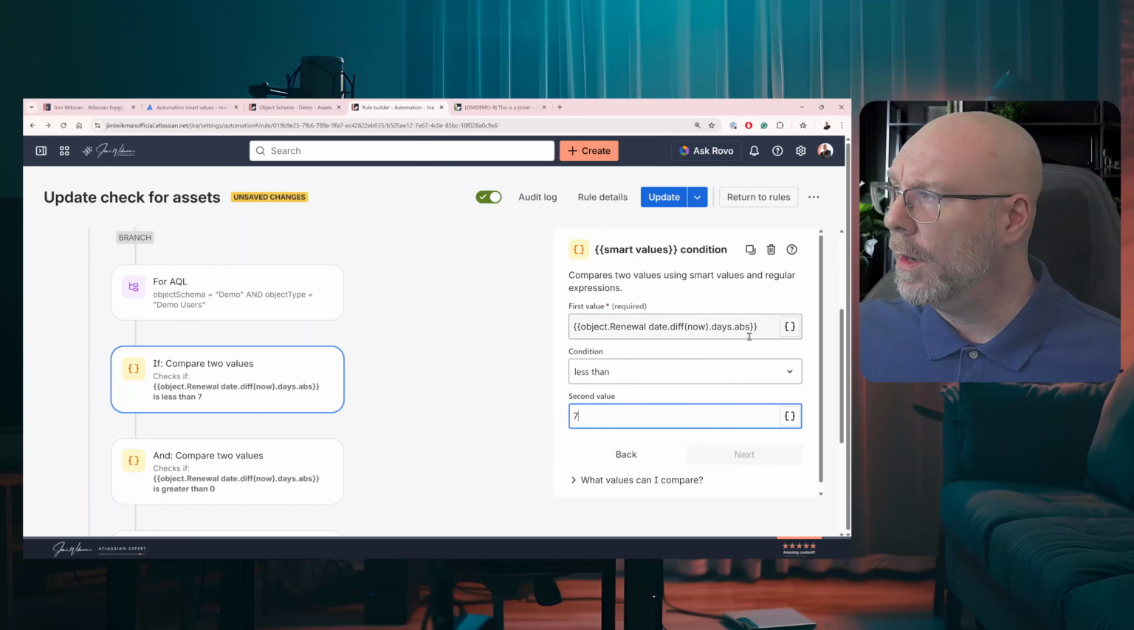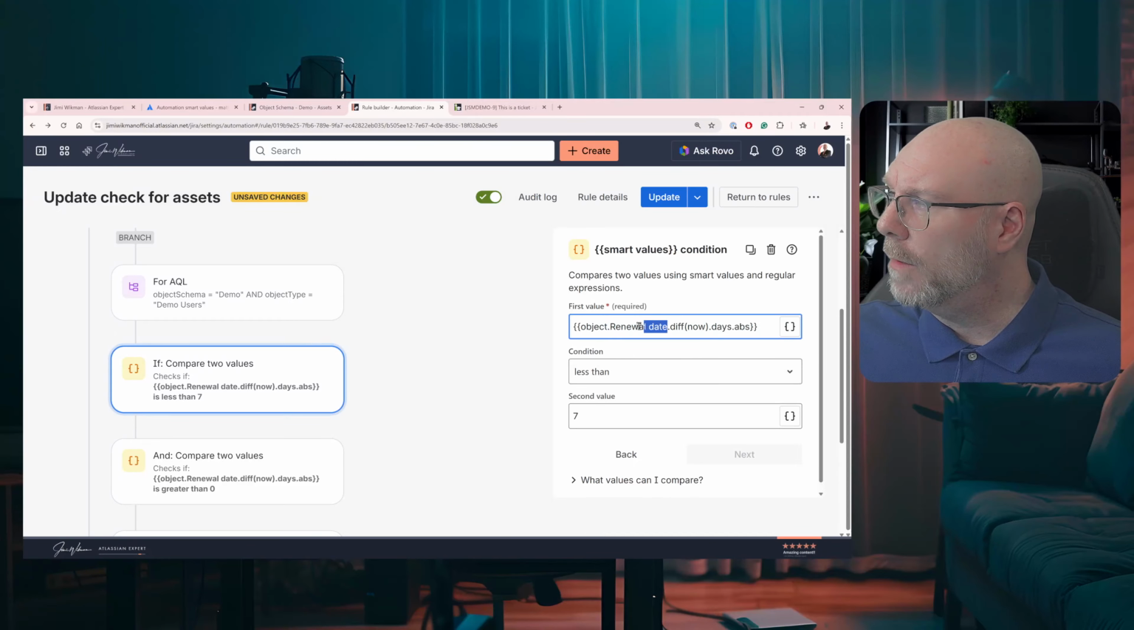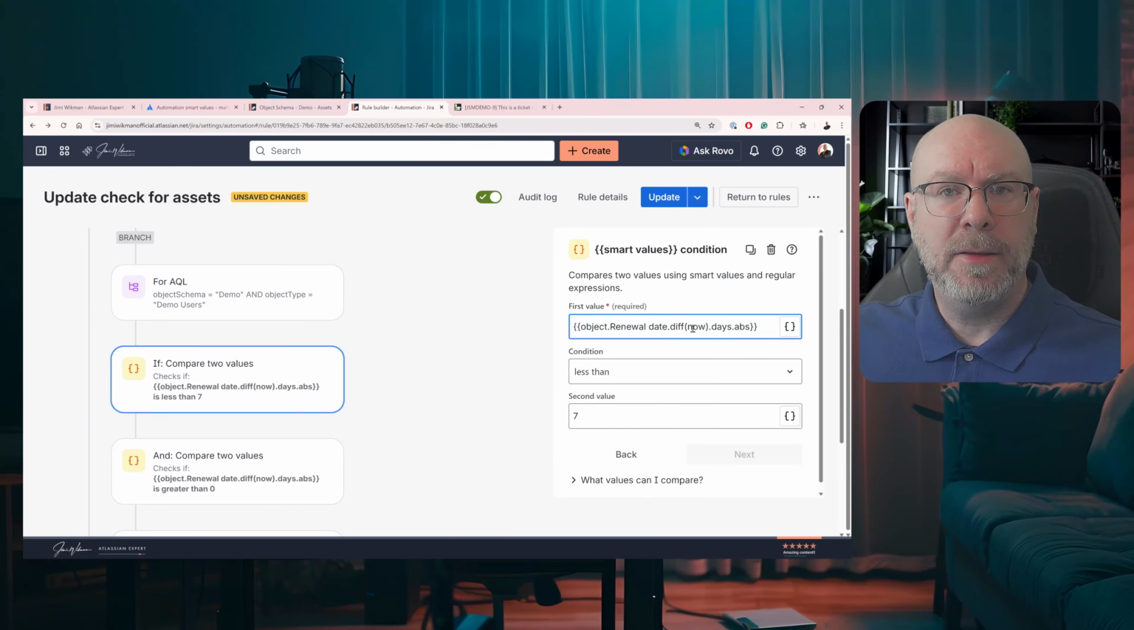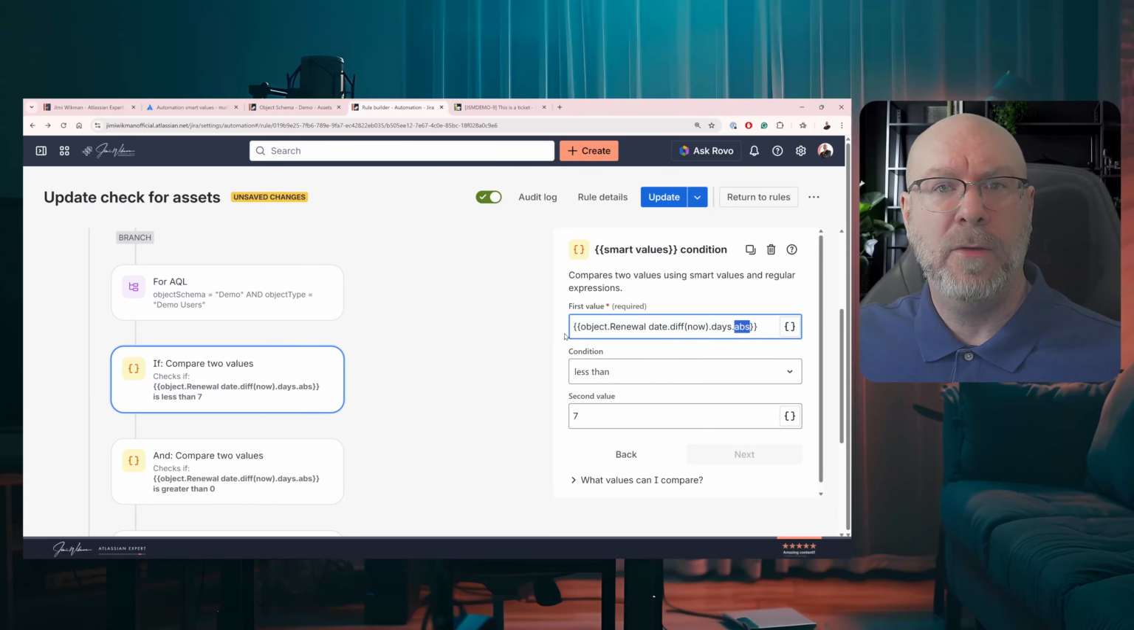So the first one I have, the object is the value I want to actually look through. Renewal date here, that is the attribute that I want to look at. And then I want to have the difference between the date time right now and then days. And if you don't add the ABS here, then you will get negative values. So if you prefer to have it, so that this one will show in -7 days, for example, or -3 days, then you don't need to have the ABS here, but the absolute value here, if we look at